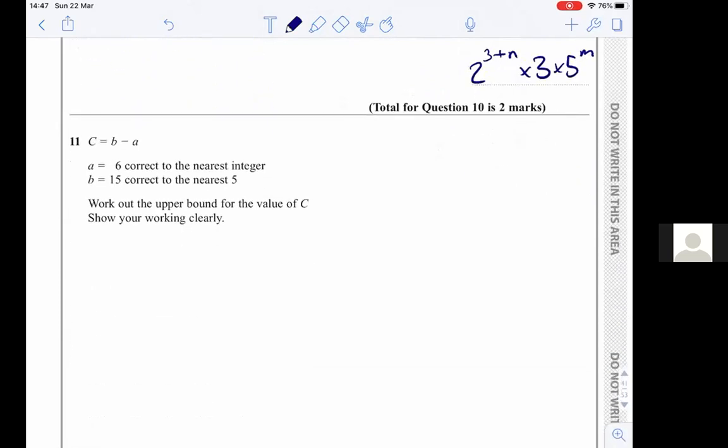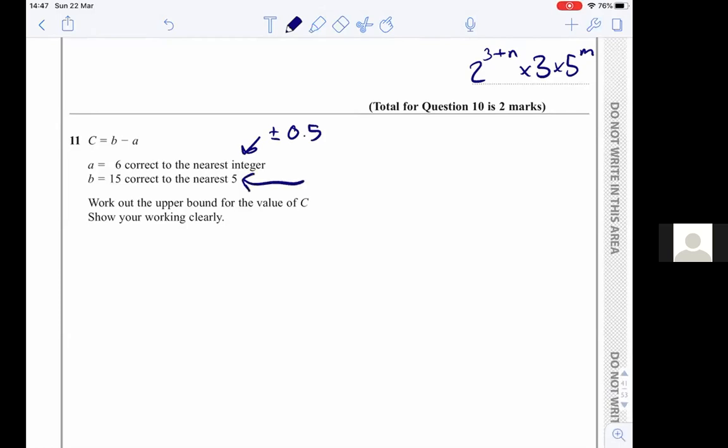Okay, upper and lower bounds. So straight away, as soon as this says a has been rounded to the nearest integer, I know I need to plus or minus 0.5, half of the nearest integer. Now, if this had been rounded to the nearest 5, I would be adding plus or minus 2.5 for my upper bound and lower bound. So a is either going to be, I'm either going to use 5.5 or 6.5. And for b, I'll be using 12.5 or